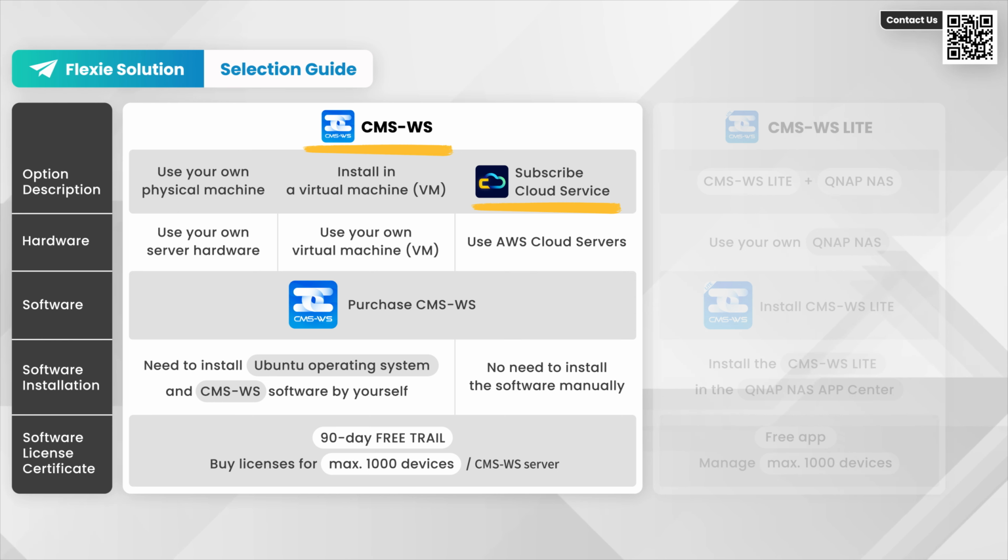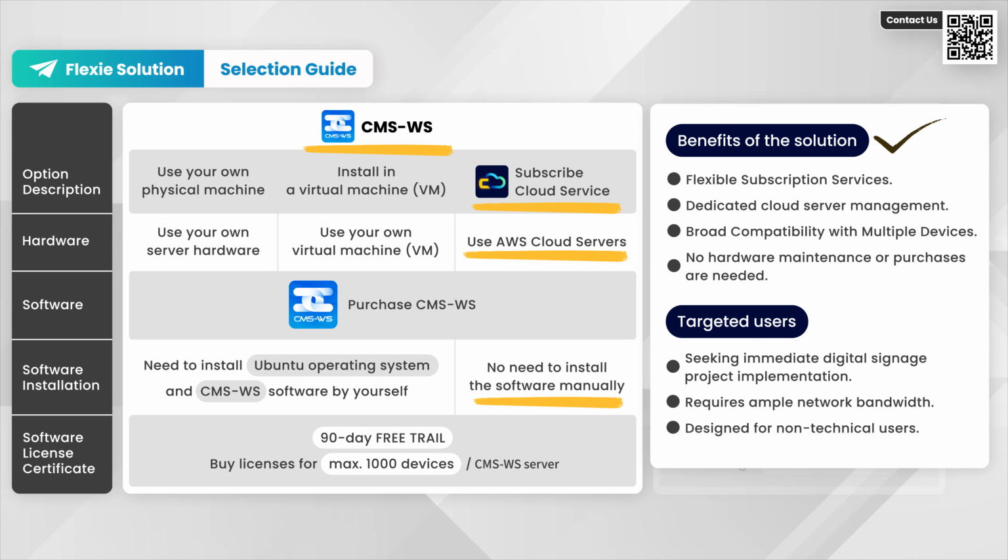KN Cloud Service offers comprehensive support for installation and maintenance on AWS, providing you with a stable, secure, and reliable cloud server. It eliminates the need for learning and technical expertise, allowing you to enjoy a simple and flexible CMS experience seamlessly. The advantages of using cloud services are flexible subscription services, dedicated cloud server management, broad compatibility with multiple devices, no need for hardware maintenance or purchasing. It is suitable for those looking to immediately implement a digital signage project in an environment with sufficient network bandwidth, users